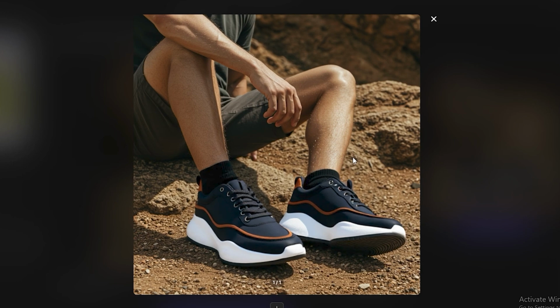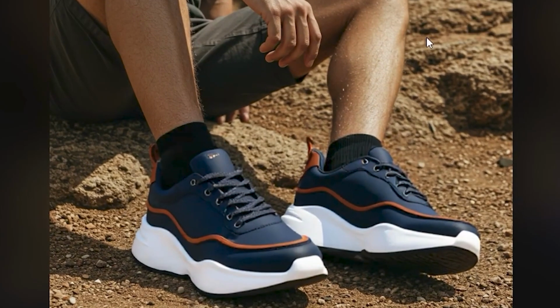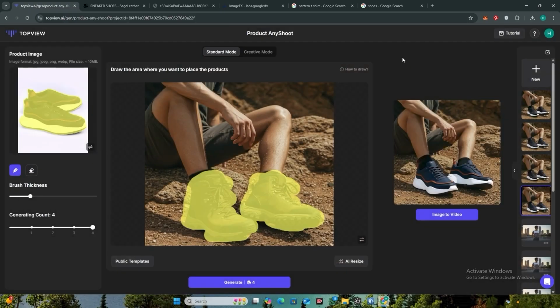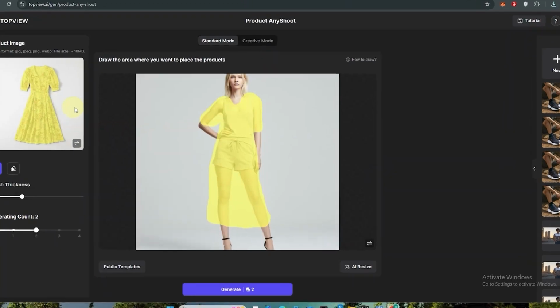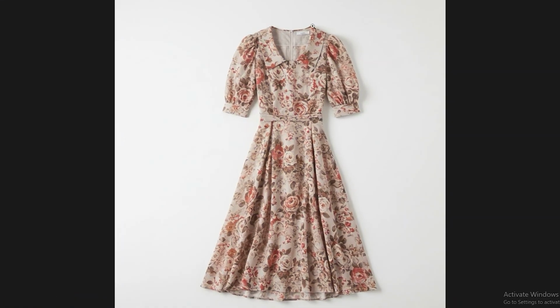Well, this is the first output, this one is the second output, and this one is also very impressive. Yes, the logo is a little bit weird here. We don't have the exact same text in this one, but other than that, each and every single thing is perfect here. So even though this was a complicated generation, still the AI performed really well. And next we have this model again from the product templates, and this is the outfit. Let's see how it performs with this one.